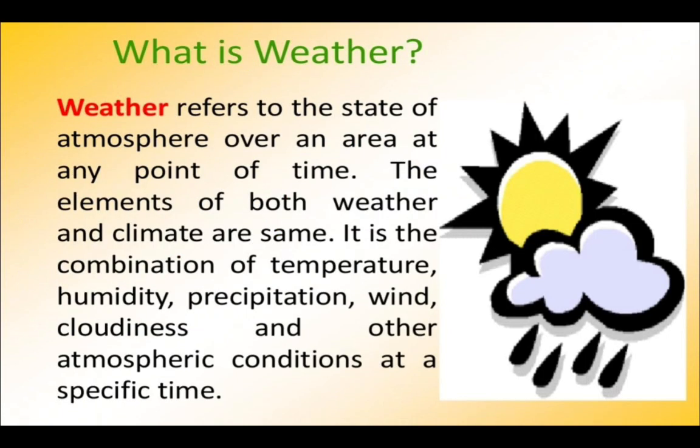When we talk about weather, it refers to state of atmosphere over an area at any point of time. So climate is the interval of time, whereas weather is the point of time. The elements of both weather and climate are same. That is temperature, humidity, precipitation, wind, cloudiness and other atmospheric conditions at a specific time, but there it was in